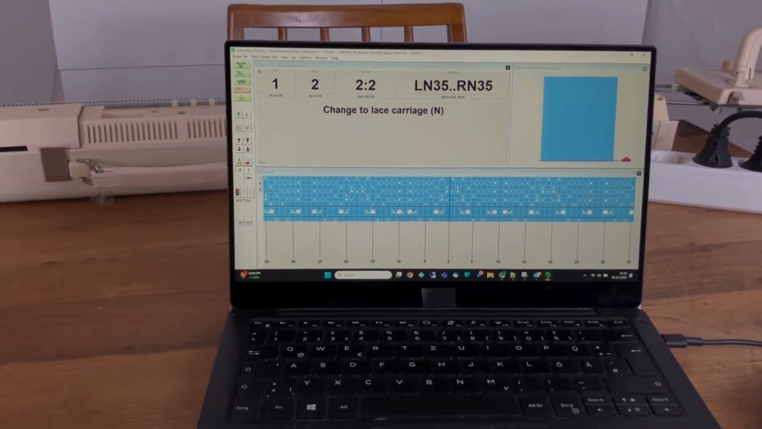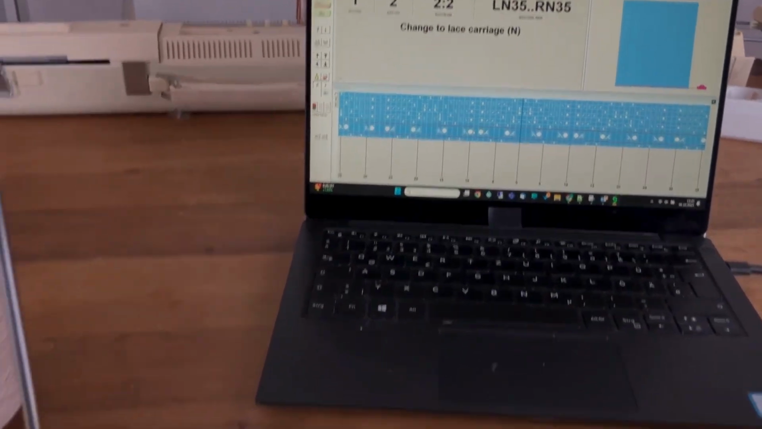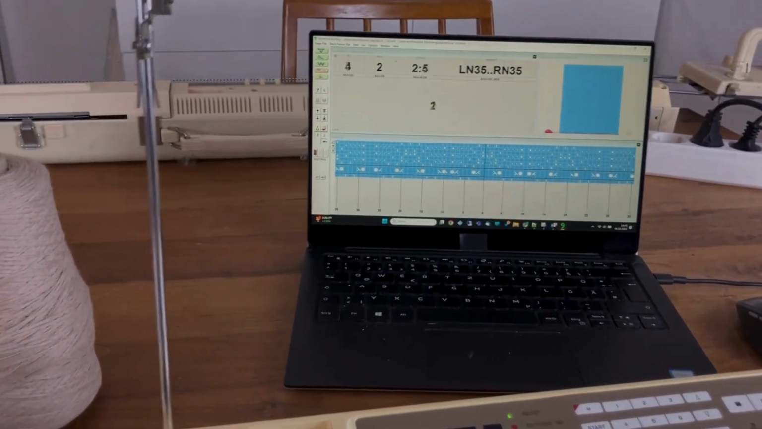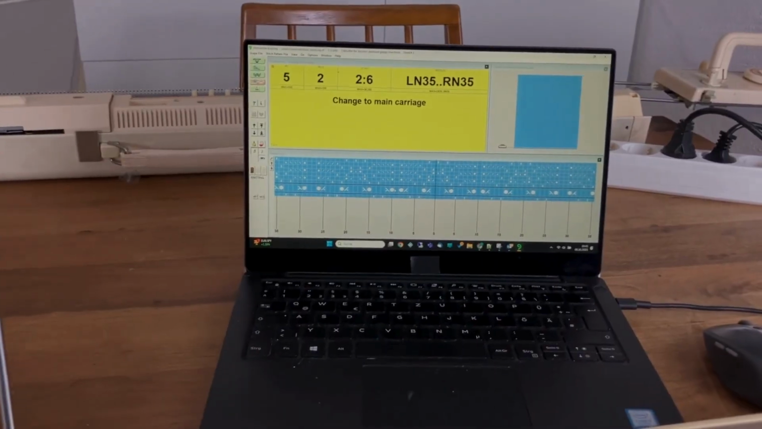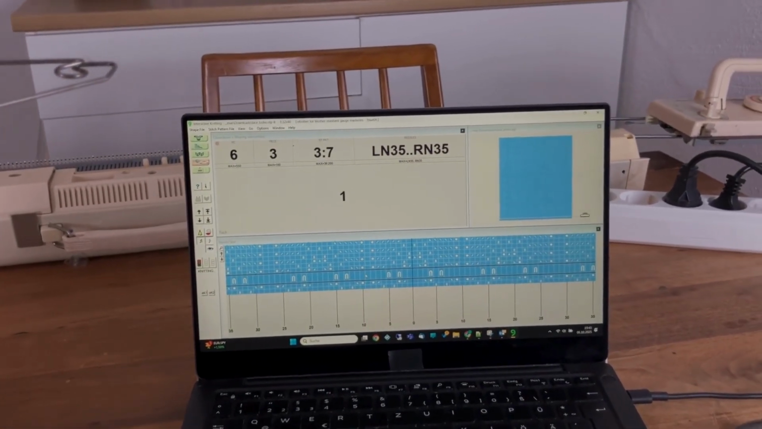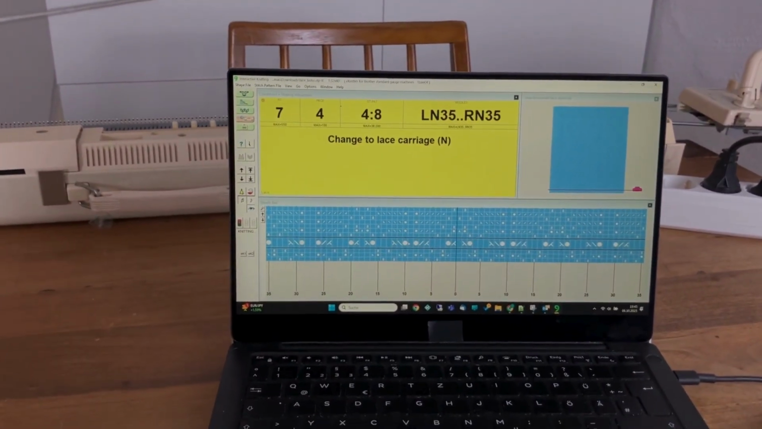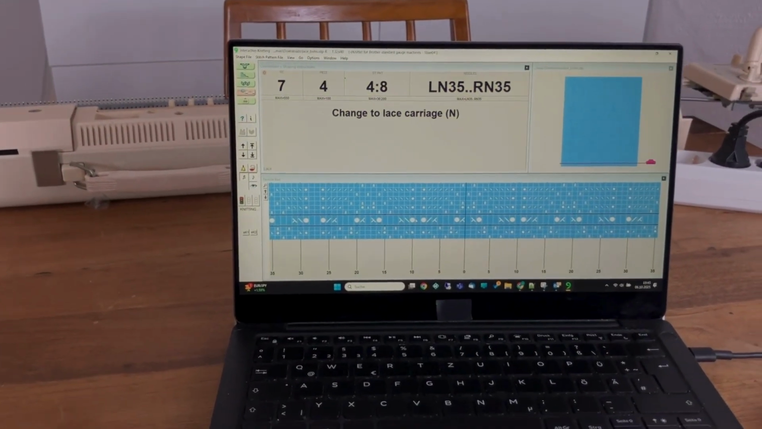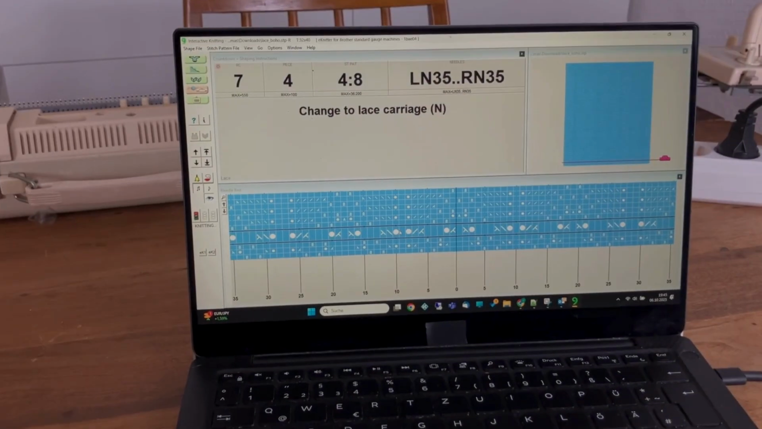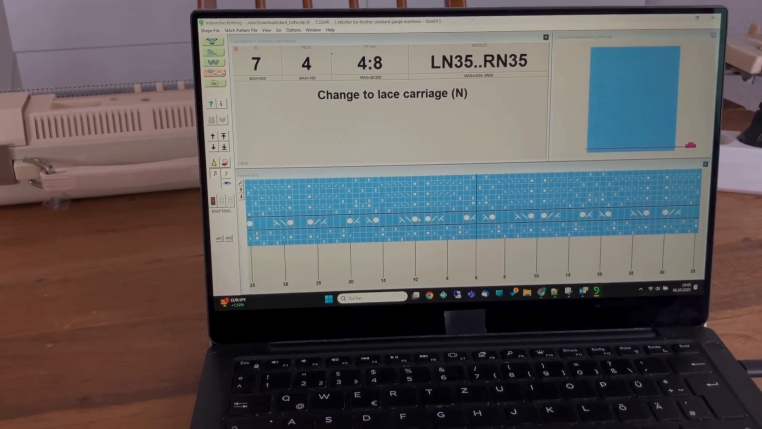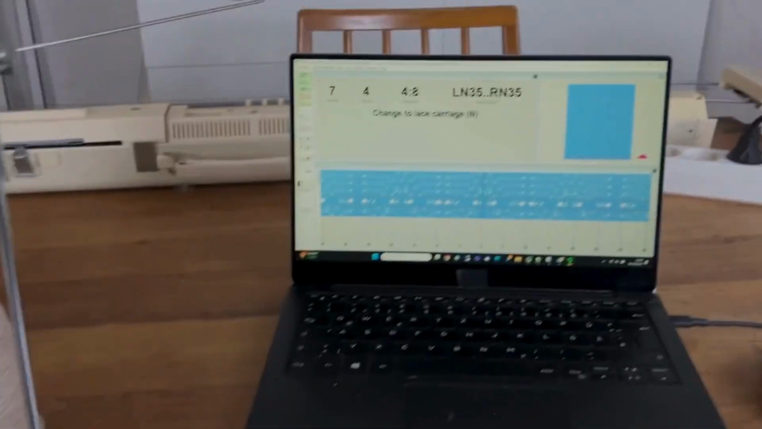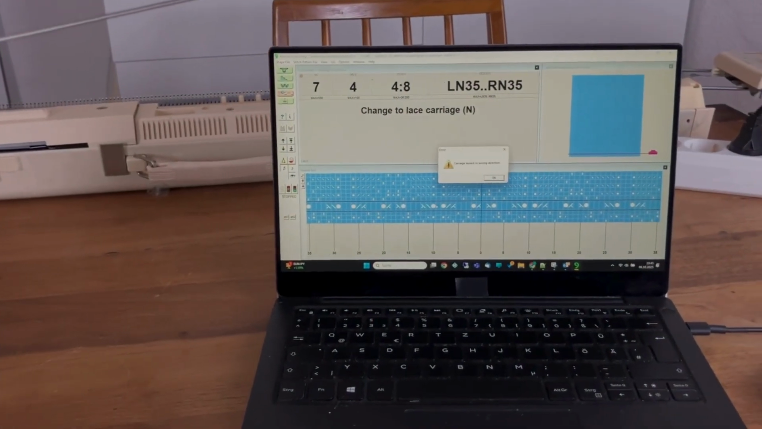Then I go back, and then it says change to the lace carriage. Now change to the main carriage, and now change to the lace carriage again. Now I will demonstrate what will happen if I use the wrong carriage. In this case I will not use the lace carriage, I will use the K carriage,